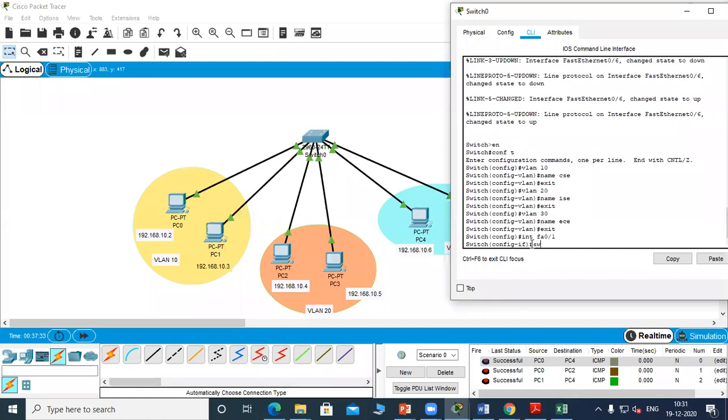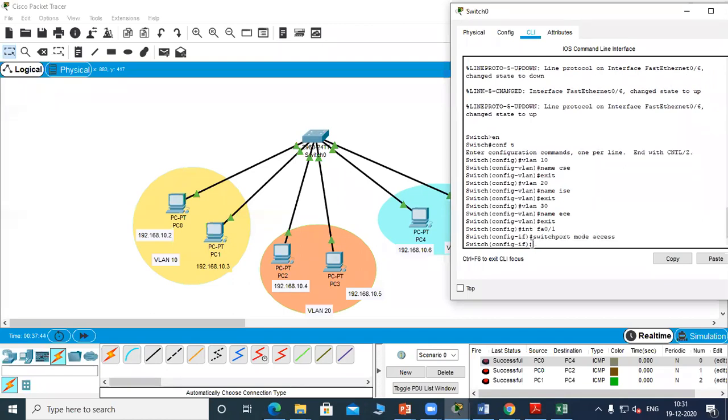Now give the command for the access link: switchport mode access. Now give the second command: switchport access VLAN 10.